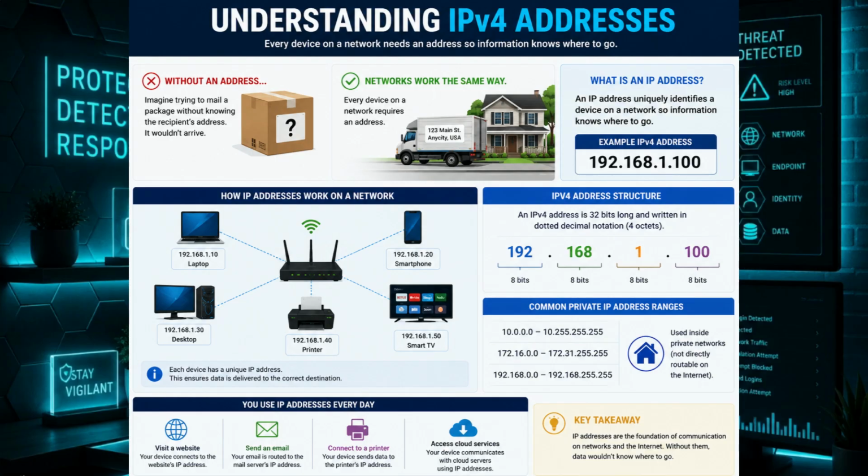A Class C private IP address range would be 192.168.0.0 all the way to 192.168.255.255. Most home networks use 192.168.x.x. Examples where you would use a Class A private IP address range would be if you have a large